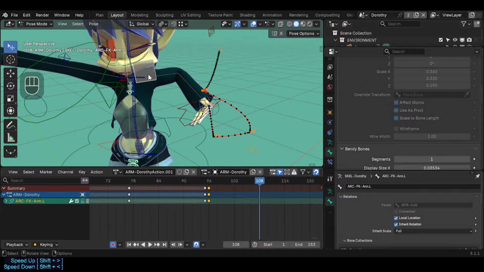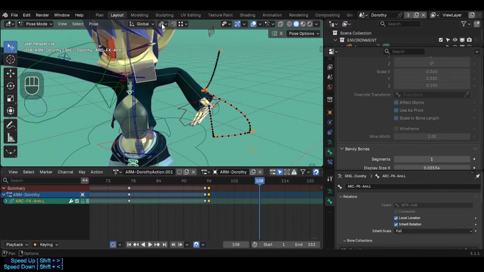So I was using that setup, and because I wasn't thoroughly testing and not posing the character away from the rest pose, I wasn't able to find out that the interpolation wasn't really working. It was working for the rest pose and similar,